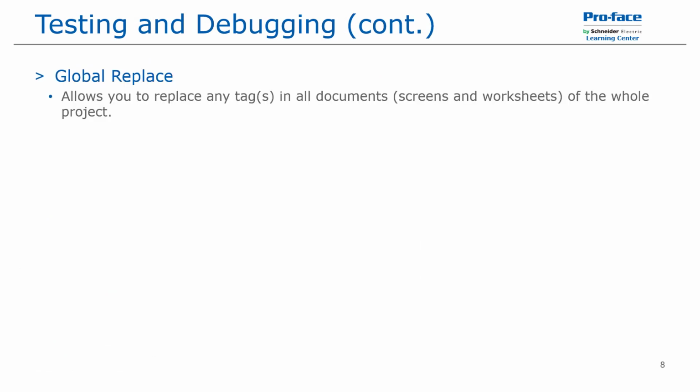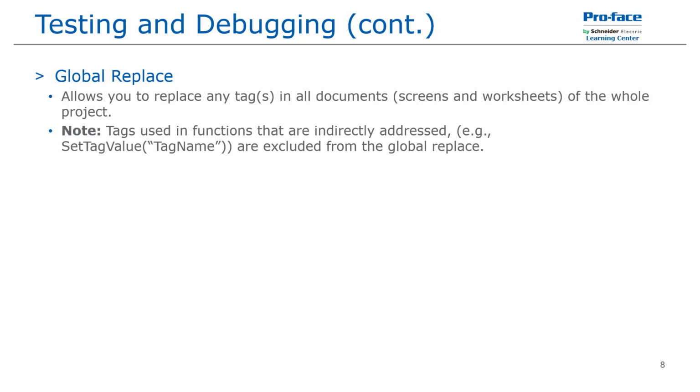The next tool we'll look at is Global Replace. This works similar to the replace, only now it is for the entire application. This allows you to replace multiple tags in all documents that are screens and worksheets of the whole project. But once again, any tags that are indirectly addressed, meaning the tag name is inside of double quotes, are excluded